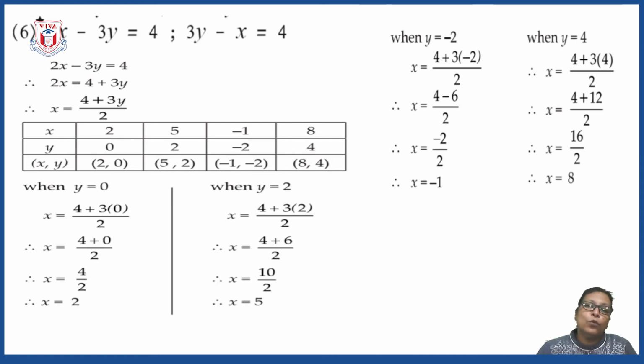Okay. Now the next thing is to choose the values. Here you have to choose the values very carefully because the value of x should not be a fraction. For example, if you take the value of y as 1, just think, x is equal to (4 plus 3y) upon 2. If you take the value of y as 1, then 4 plus 3 is 7. 7 is not divisible by 2. So don't take such values. You have to take suitable values here. That is why this sum is star marked.